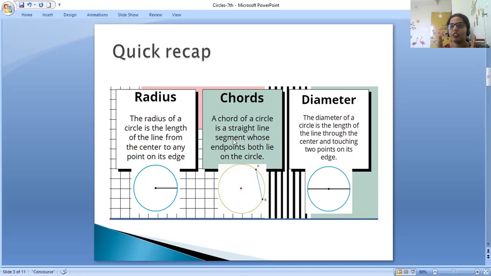Just to tell you what is radius, chord, and diameter, everything is on your screen. Just look at this for the next 30 seconds and then I'll move you all to the breakout rooms to find out all these details. Are the instructions clear? Can I ask someone to repeat my instructions? What are we supposed to do?